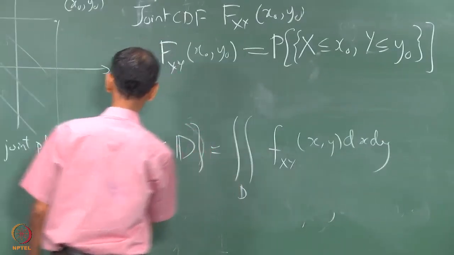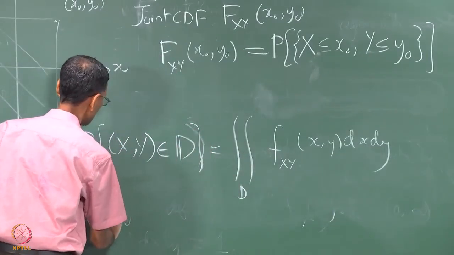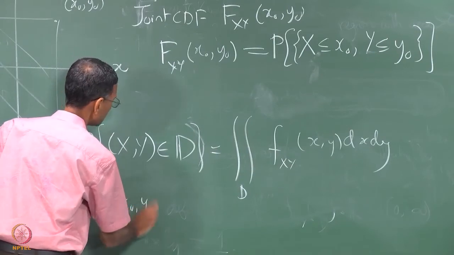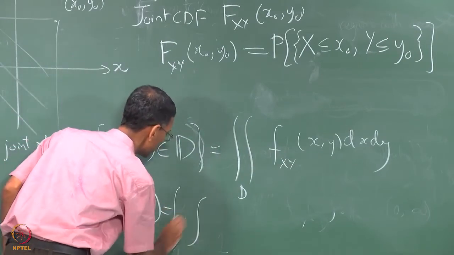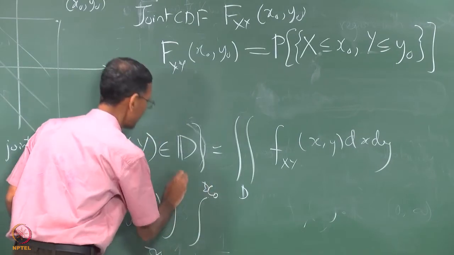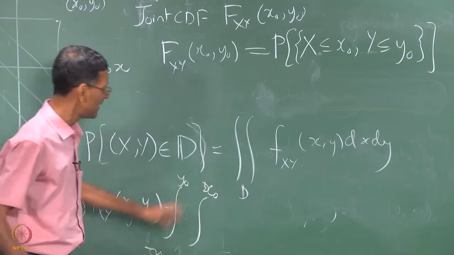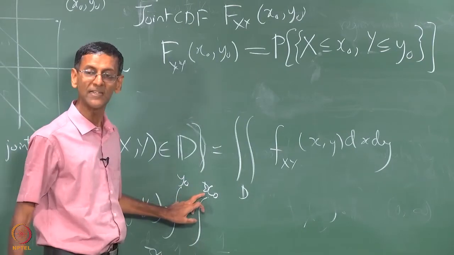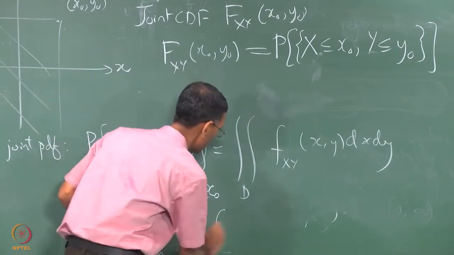So this basically, so F_XY(x0, y0), let me write it very clearly, is basically the integral from minus infinity to x0 and minus infinity to y0. Again we have to be careful about the limits here. If I say minus infinity to x0, that means the inner integral is on x. So f_XY,